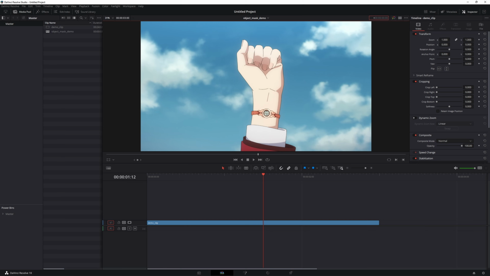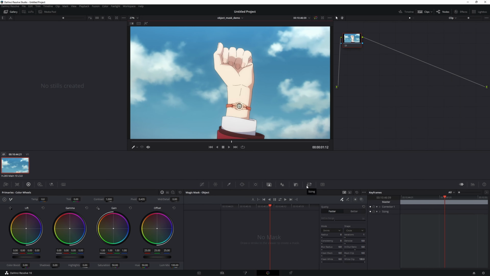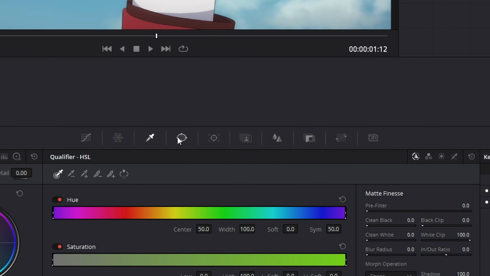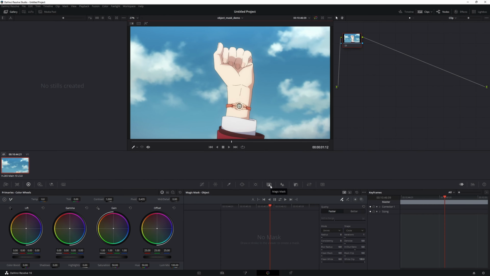To get started, we need to jump over to DaVinci Resolve Studio's color page. Simply click the color page down here, and you'll end up in this interface. For those of you who have used Resolve, you'll know this page pretty well, and if you haven't, don't get overwhelmed. It's mostly just stuff you don't need to worry about. The only thing you need to worry about if you're going to try and recreate this is that you're on the Magic Mask tab of the interface here. You may be on Curves or any of these other panels, just make sure you're on Magic Mask. You can see which one it is by hovering over it.